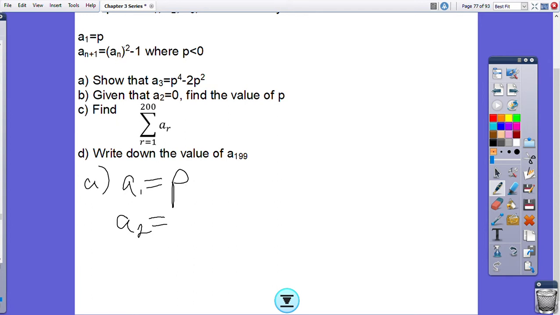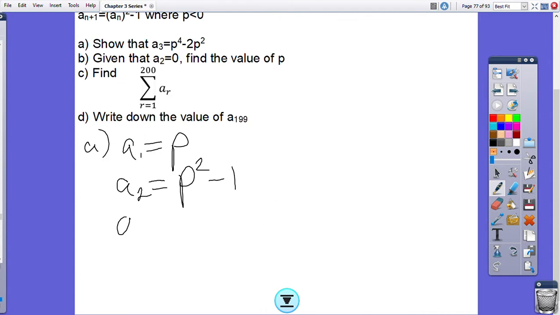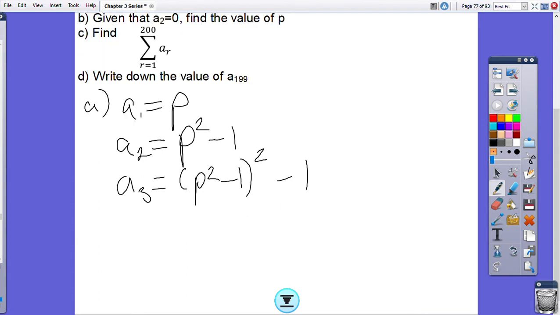So we're going to get p squared take away 1. And then we're going to take the p squared take away 1 and plug it into our formula up there. So we're going to do (p squared minus 1) squared minus 1. Now, if you look back at the question,